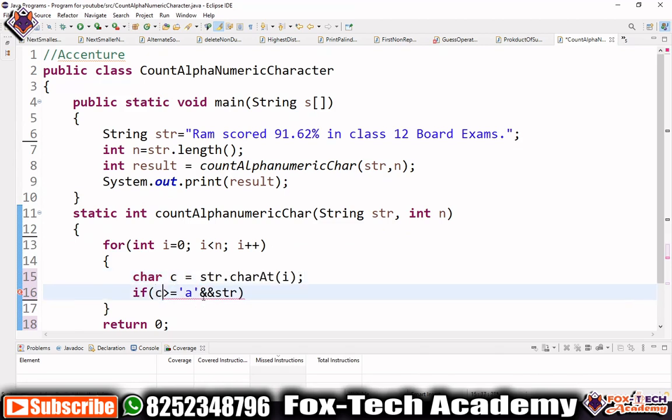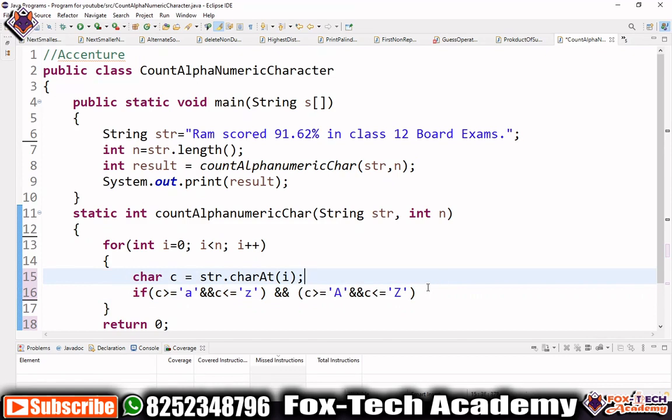We will use c is greater than or equal to small a and c is less than or equal to small z, and we will use the same for capital A to capital Z, and we also need one for numeric.